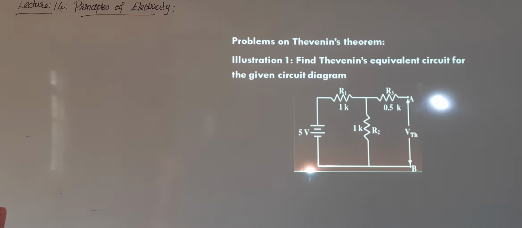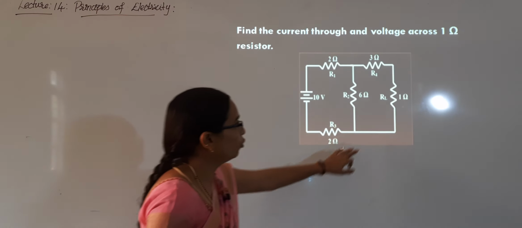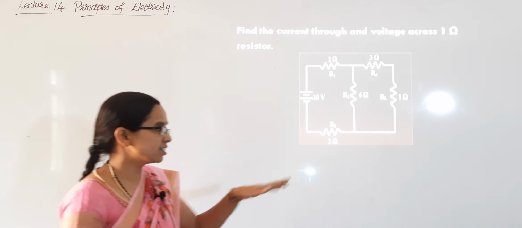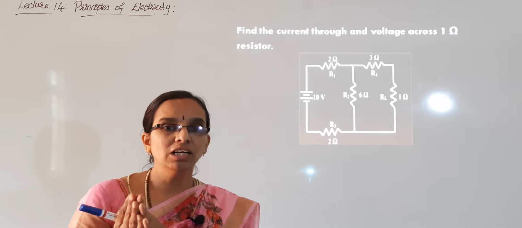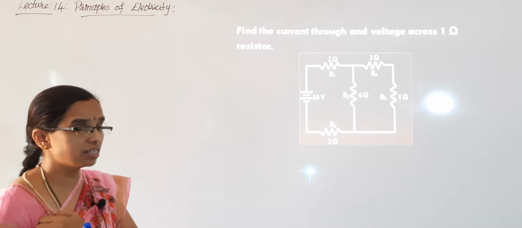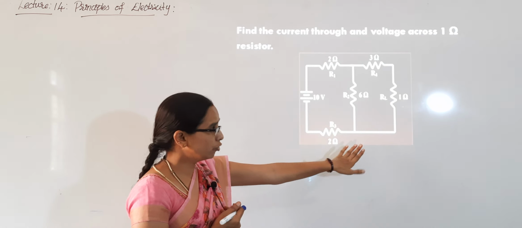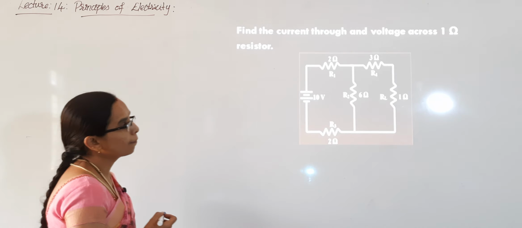The next problem, find the current through and voltage across 1 ohm resistor. Okay, here load resistance is given. Load resistance in the sense final resistor which consumes the power in the circuit. So, here we have to find out the current and voltage through load resistance, that is RL, which is having the